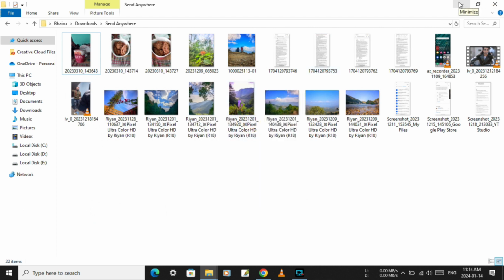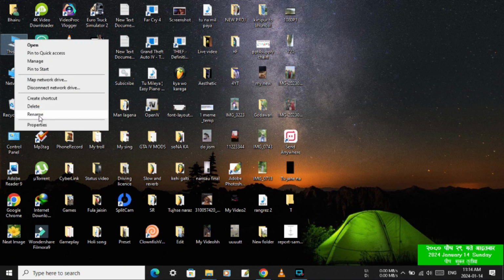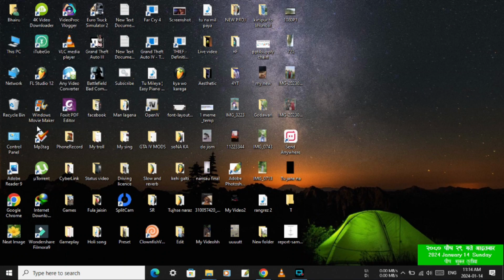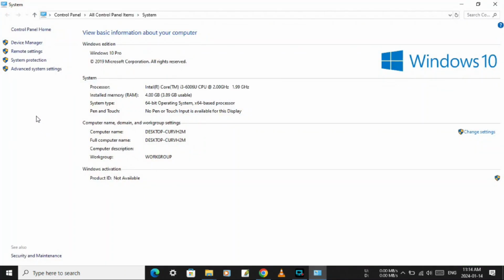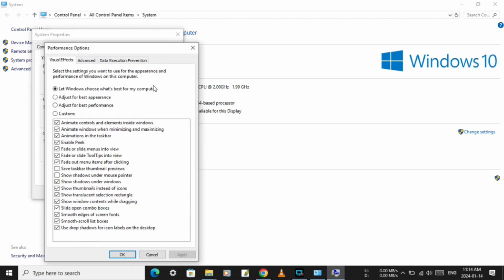And if it is still not fixing, then go to This PC, right click here, go to Properties, go to this Advanced system settings, go to Advanced, press this,